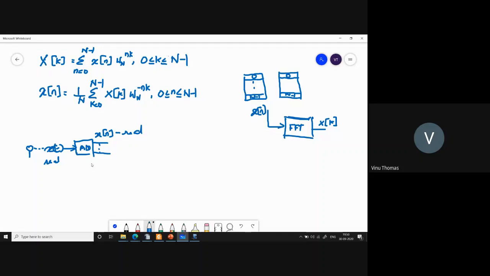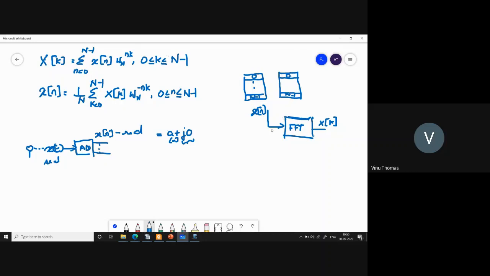So which means to store x of n, each sample of x of n could be something like this. This is the real part. This could be something a plus j into b. But since there is no imaginary part, you have a plus j into 0. So this is a of n plus j into 0. Which means you don't require to store the imaginary part, or maybe you can do with n memory locations at the input. So this is not actually required because you are going to store 0 here.